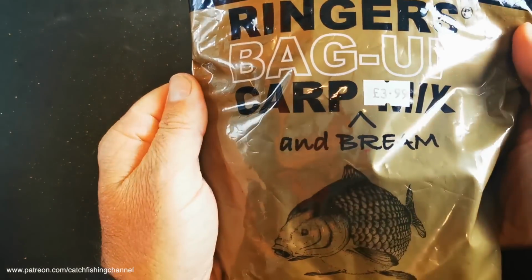I'm sure we've all been in tackle shops, certainly the less busy ones, that might have had mixers on their shelves for a long time. I'm not saying that makes the mix less effective, I don't know, but it can certainly affect the confidence of certain anglers. So let's have a look at the other part of the mix, and that's the Ringer's bag up